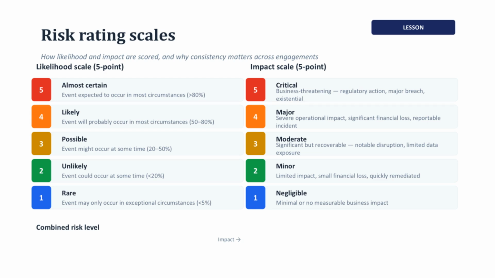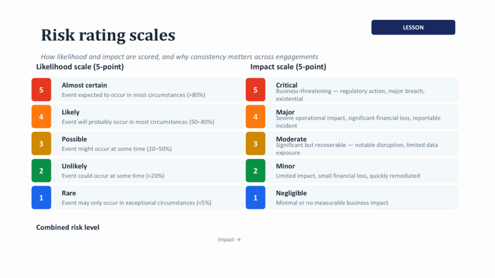Now, the fourth one, likely, which probably happens in most companies of this type. Think of excessive user permissions when there is no access review process. Very common when teams are small and busy. The third one is possible